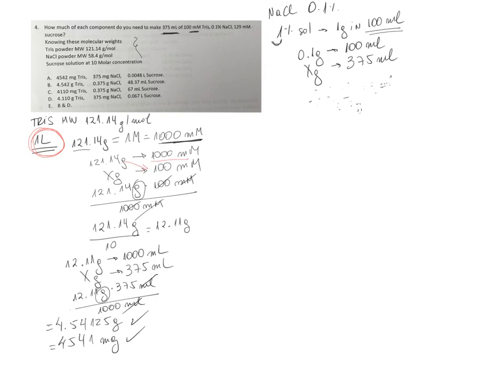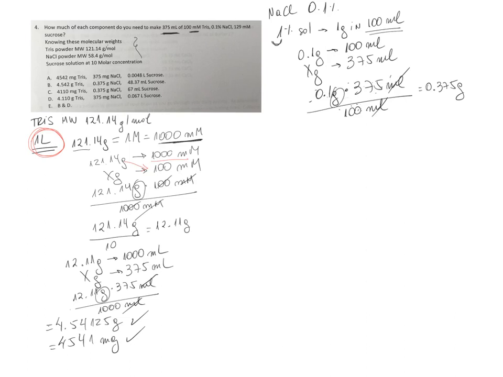So it's 0.1 grams times 375 mLs divided by 100 mLs. Now we cancel the units mL. We're left with the grams, which are the ones that we need, and so now it's 0.1 times 375 divided by 100. That is equal to